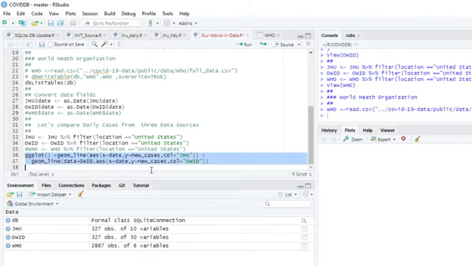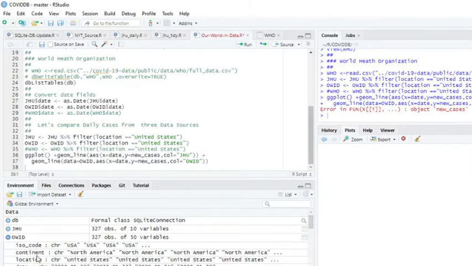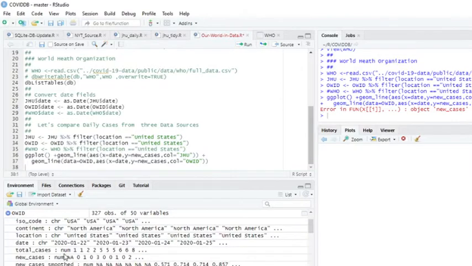So we're basically only comparing two sources right now. How can there not be any?